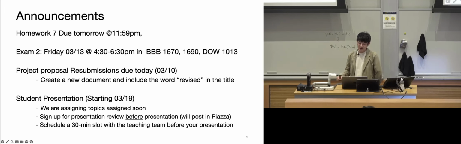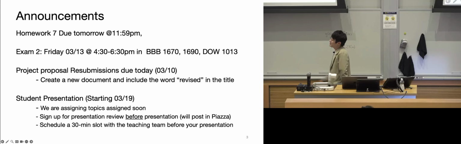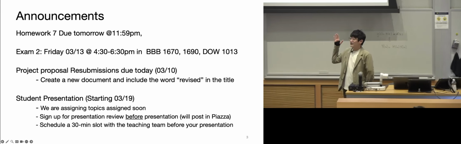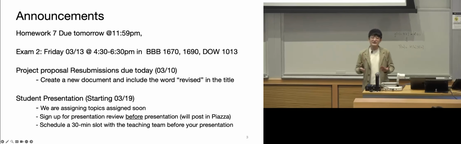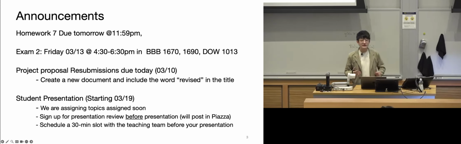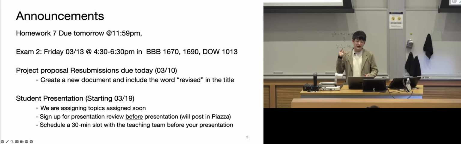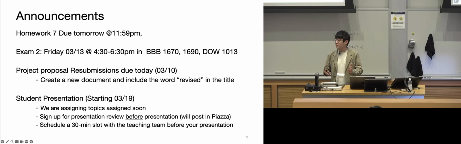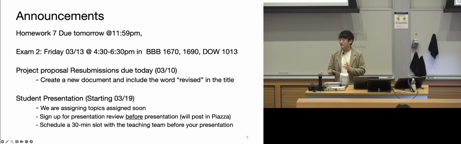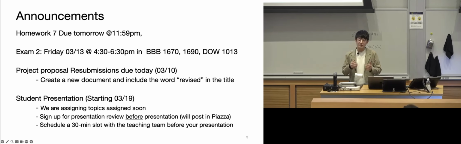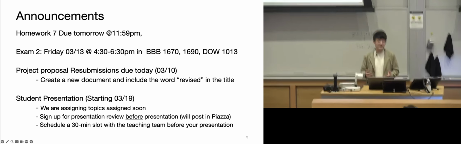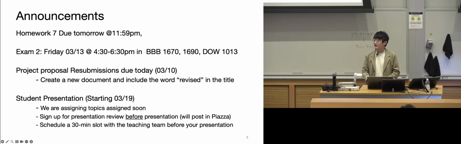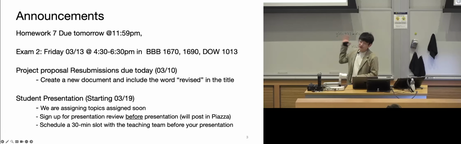Exam 2 will be this Friday, in the same location. Essentially, whichever classroom you sat in last time, you will sit in the same place. It will be a similar policy to last time. We will release the data sheet 1 day prior, and if any changes are needed or you have any questions, raise them on Piazza or come to the open office hours. Then we will have the updated data sheet printed out and give it to you during the exam. Any questions regarding exam 2, logistics-wise?